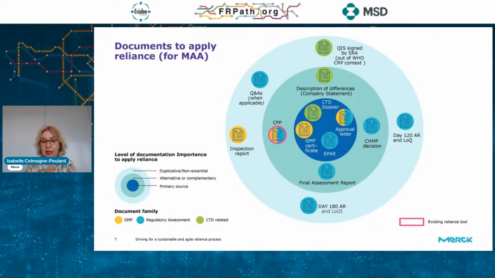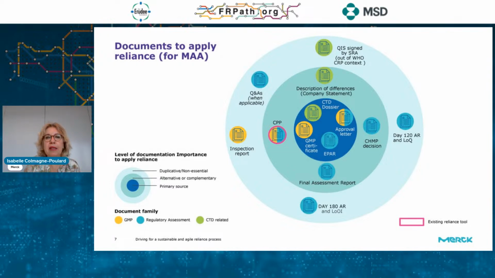Similarly, for the GMP certificate, you have the GMP status, so an inspection report may not be needed if the GMP is ascertained by a PICS member. Then the inspection report may not be requested in these circumstances, unless you change the manufacturing site, and then you also have to justify with proper comparability, or you have to justify why you change, for example, the batch release. But I don't want to go